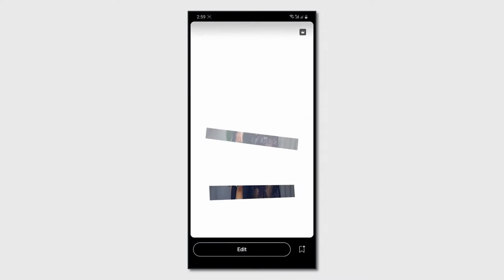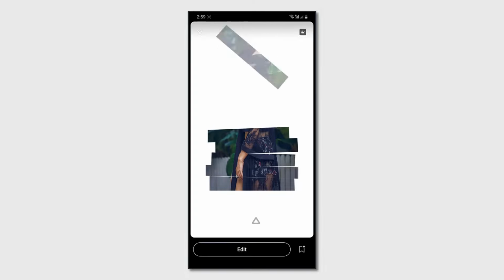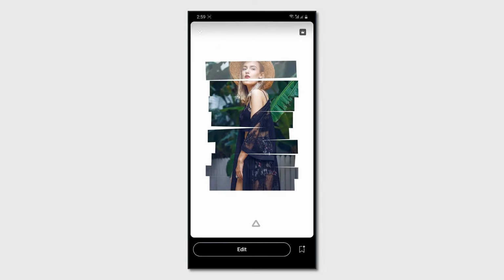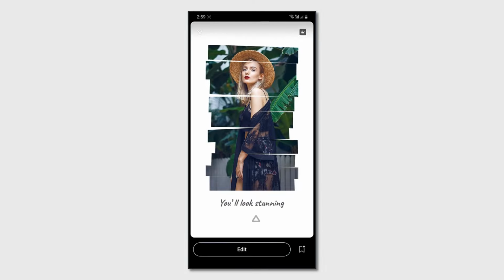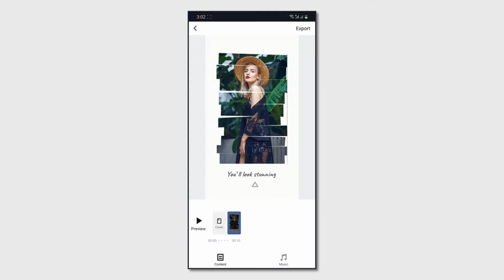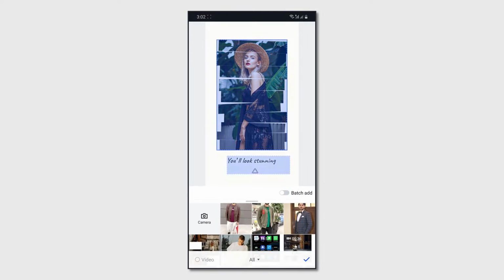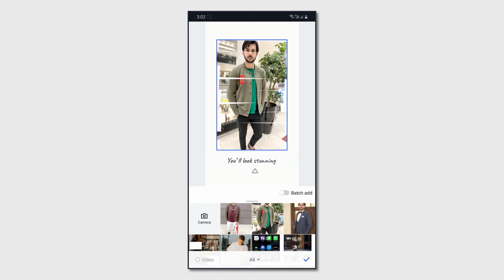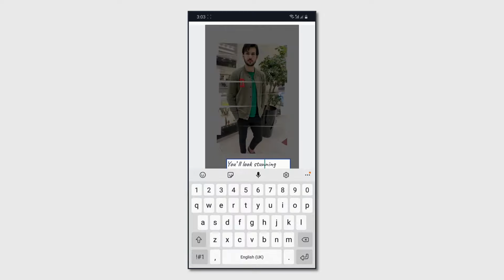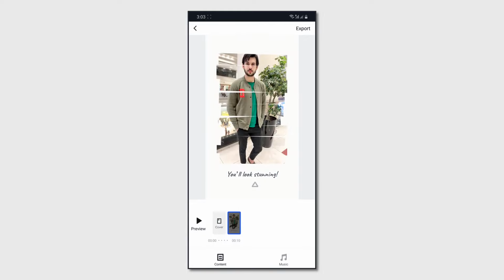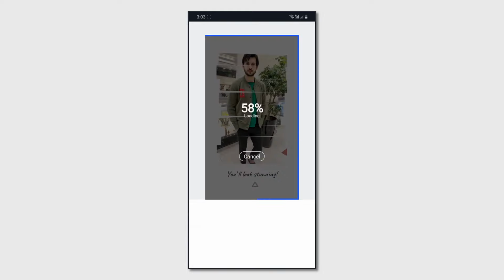You can pick up a template of your choice and replace the photo or video inside that template. The text over a template can be changed. Once you have created your custom story, you can export it to your phone's gallery and share it on Instagram.